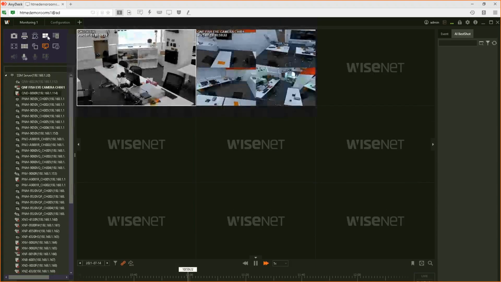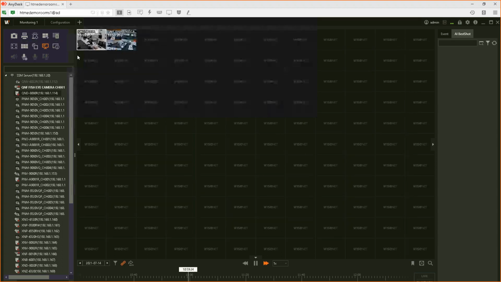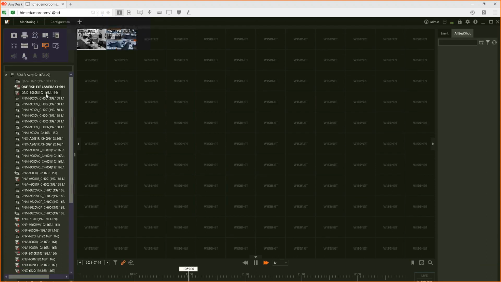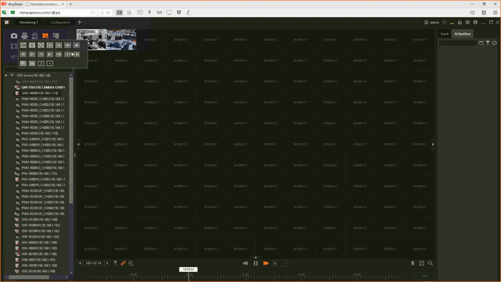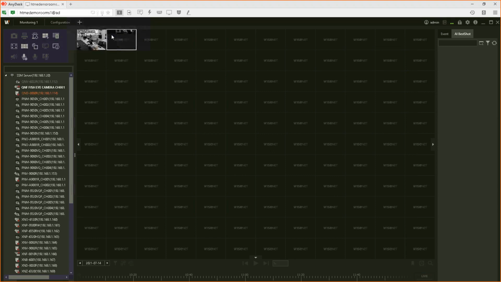You can play back as many as 32 cameras with synced playback. So the maximum layout that is supported is 32. Then in our VMS, there is an option called auto layout.